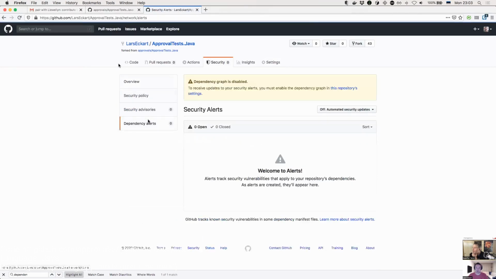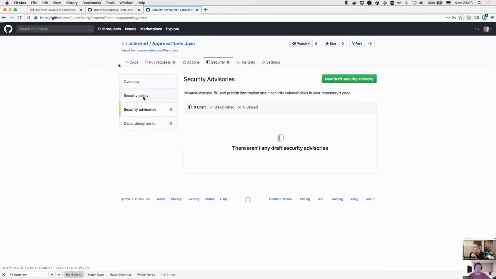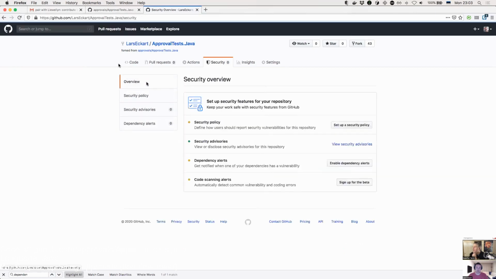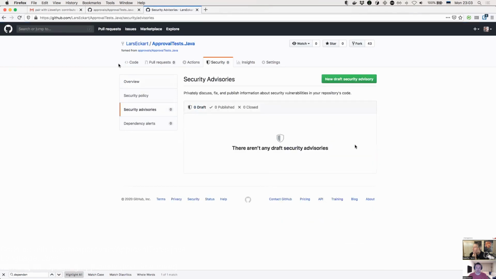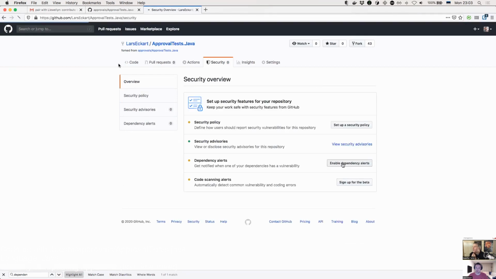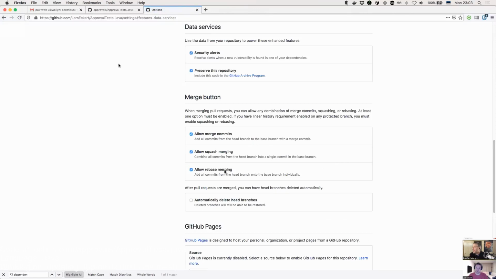Now I guess it has to run once or something like this. It looks like you haven't enabled it. But no, you have. Go back and just refresh that page.